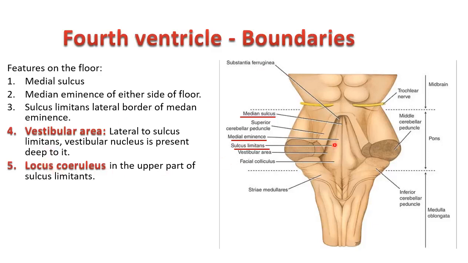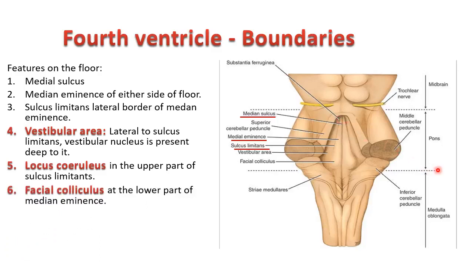Deep to the locus ceruleus you have the nucleus ceruleus, and that area mainly comprises noradrenergic neurons. It is also called the substantia ferruginea because that part is somewhat bluish gray in fresh specimens due to the abundance of the